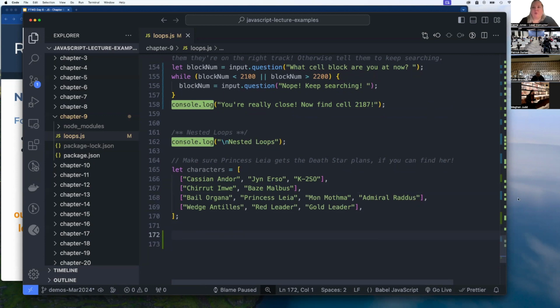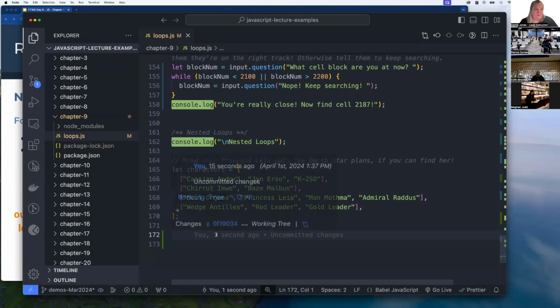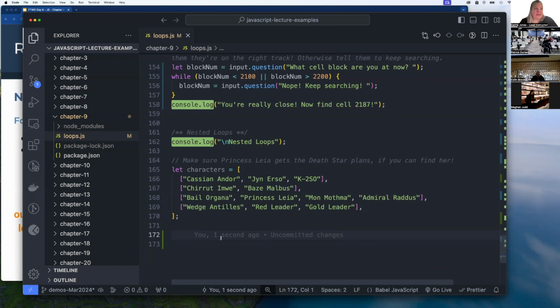All right, so we have a multidimensional array here, right? We've got characters, and we have different groups of characters from different parts of a story. So each one of these is an array with strings. So if we want to loop through these and look at them string by string, then we're going to need to have nested loops so that we can first go through characters and then go through each of these individual arrays for those strings. So I'll set it up. Oh, I'm looking for Leia, by the way. So we actually need to look for Leia